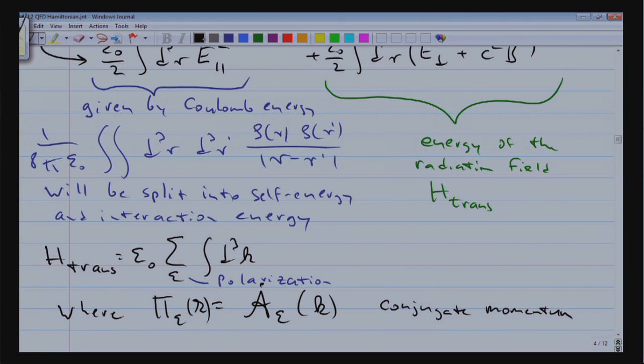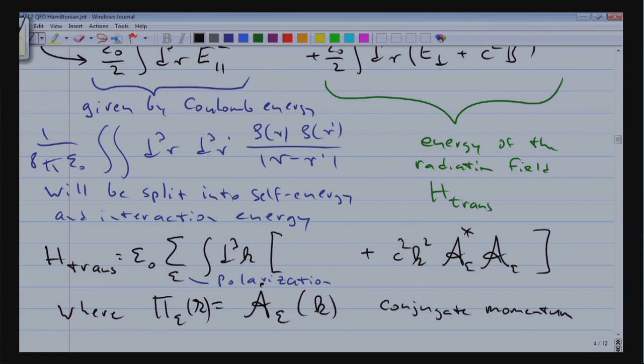And the integral now involves the vector potential, well, the square of it, or in complex notation, the complex conjugate, which depends on polarization. We have c squared k squared. This part, of course, comes from the magnetic field, which depends on the vector potential. It's the spatial derivative, the curl, and this gives the k squared.